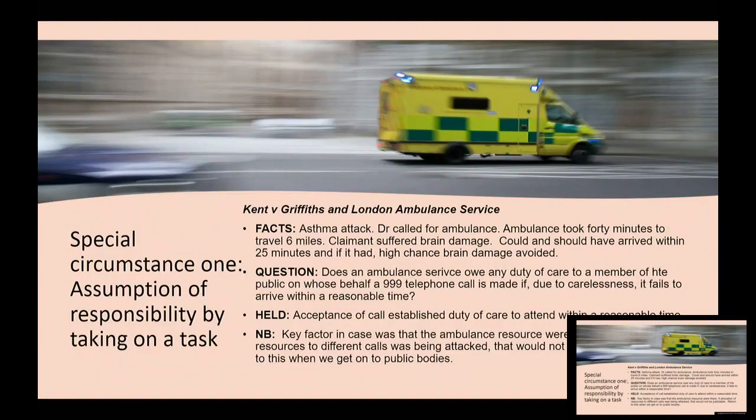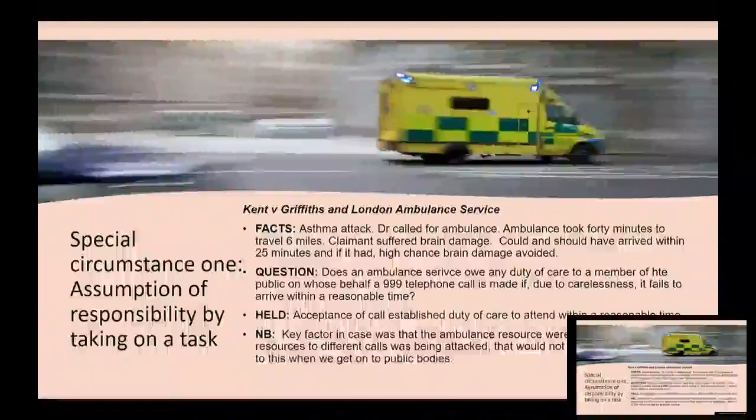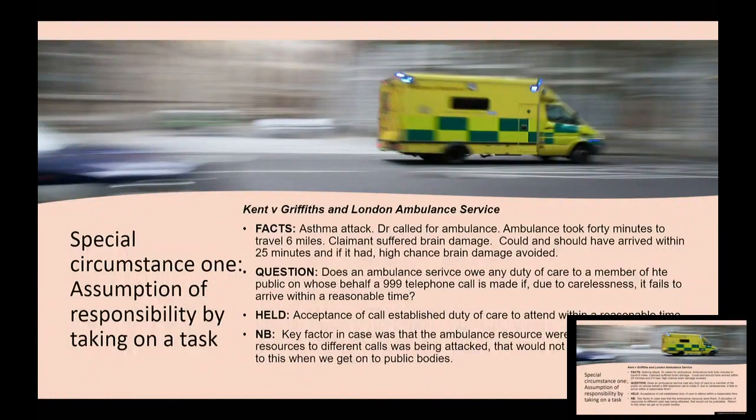This case has often been explained on the basis of misleading assurances being given when there was a reasonable and foreseeable risk of physical injury being suffered. So they were told it would be dispatched straight away. When it hadn't arrived within a reasonable time, they were told it would be there within a few minutes. And when it hadn't arrived within a few minutes, they were told it would just be a few more minutes away. When it hadn't arrived within that few minutes, they were told, oh, it'll just be a few more minutes. There were just multiple occasions of misleading assurances given. And in addition, there was reliance on these assurances, okay?